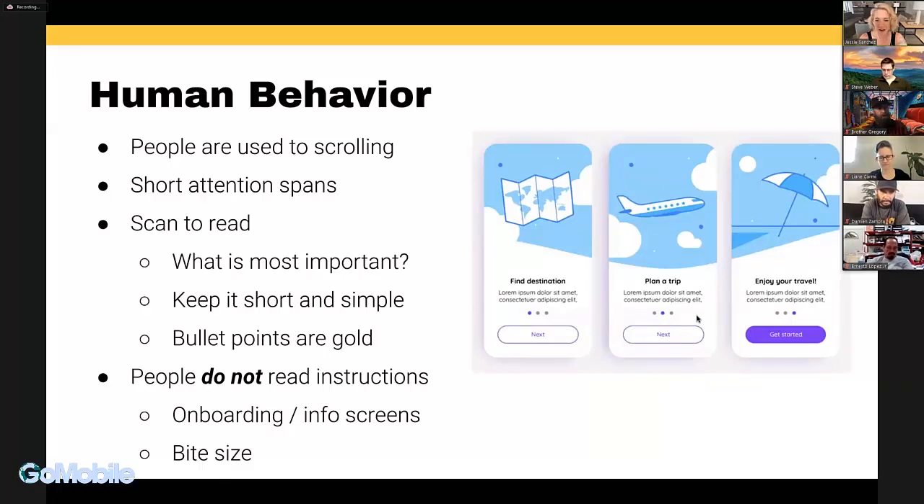And then another thing I found that I thought was interesting is that people do not read instructions, and I definitely am right there with them. Whenever you get into something, you just kind of skim through. Here's an example on the right-hand side of what it might look like to have some onboarding screens. If you do have instructions that people need to follow before getting into the app, onboarding screens or info screens are super helpful because it chunks it out into